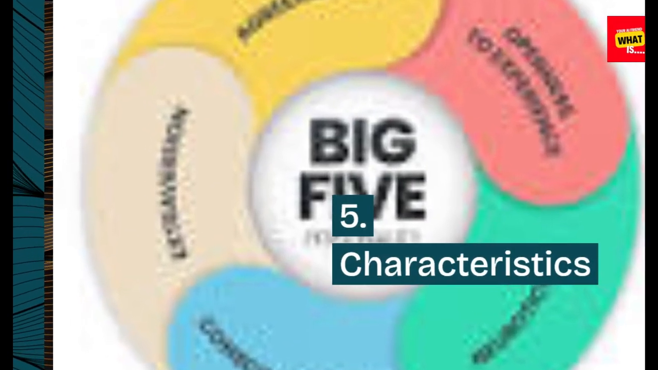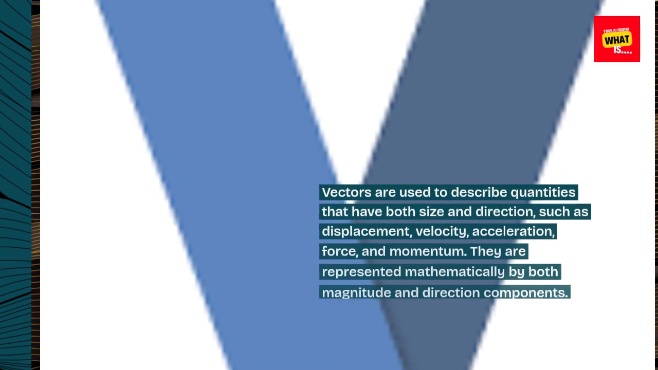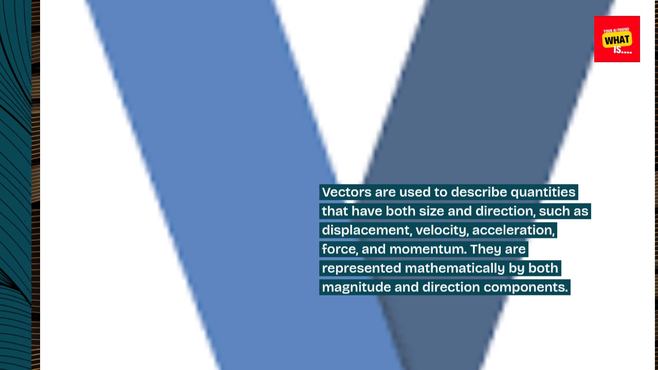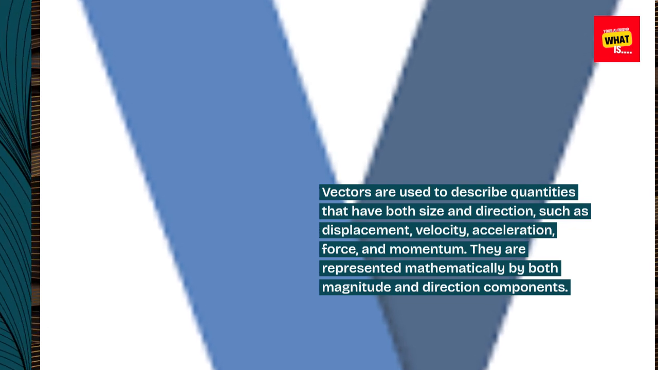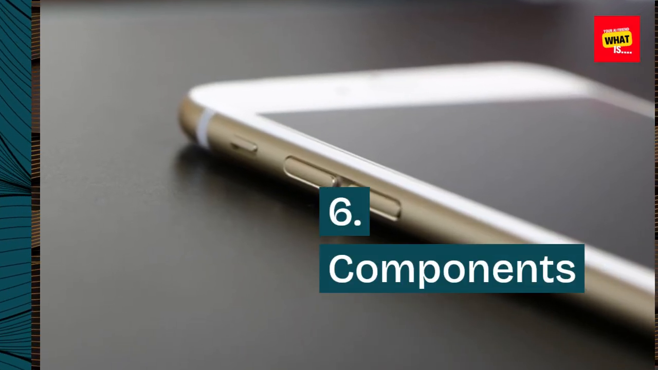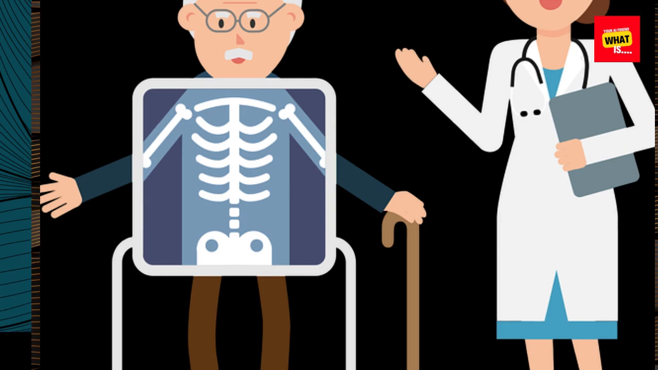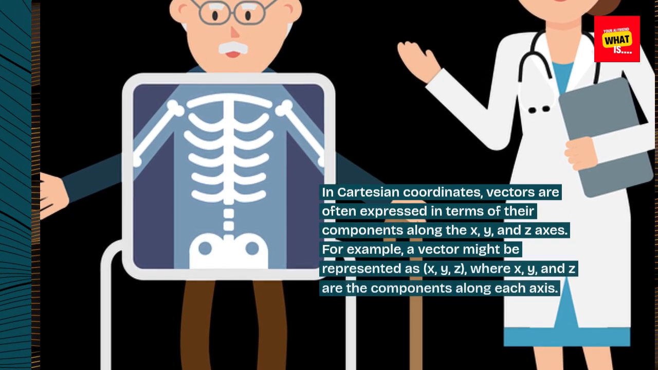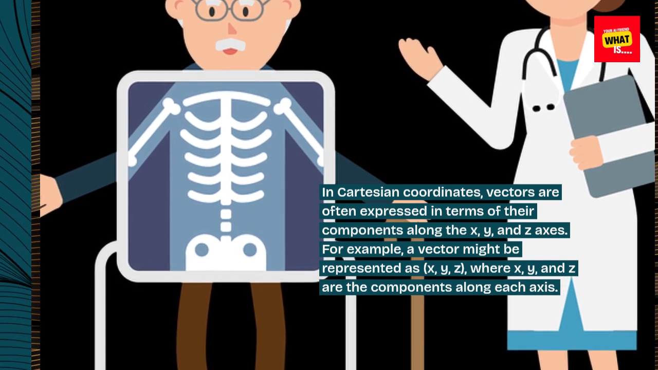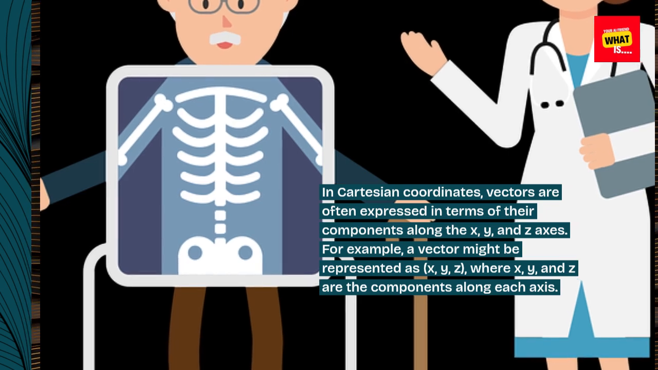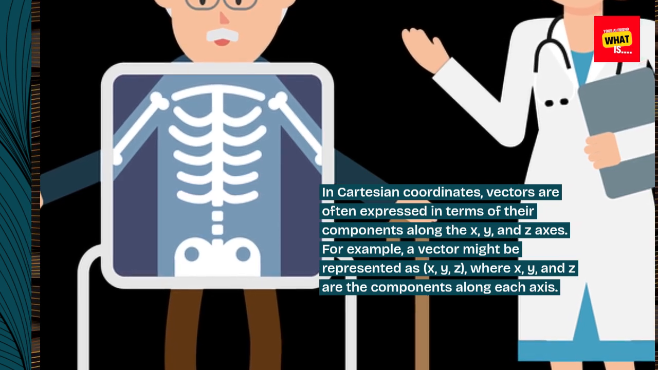5. Characteristics. Vectors are used to describe quantities that have both size and direction, such as displacement, velocity, acceleration, force, and momentum. They are represented mathematically by both magnitude and direction components. 6. Components. In Cartesian coordinates, vectors are often expressed in terms of their components along the x, y, and z axes. For example, a vector might be represented as (x, y, z), where x, y, and z are the components